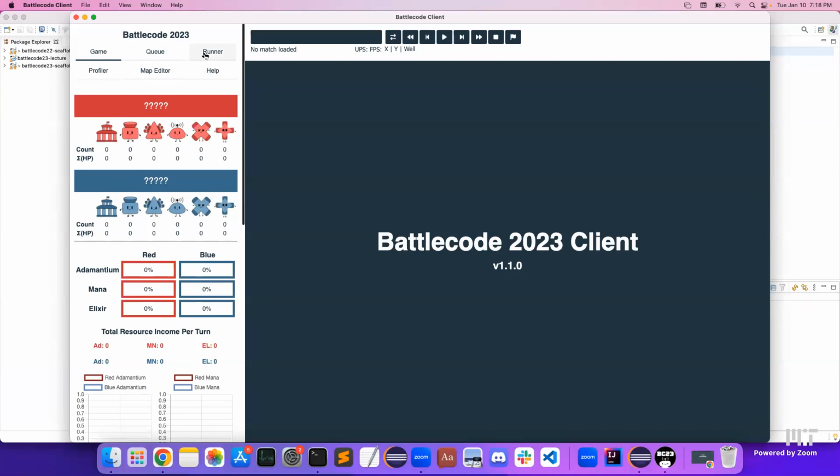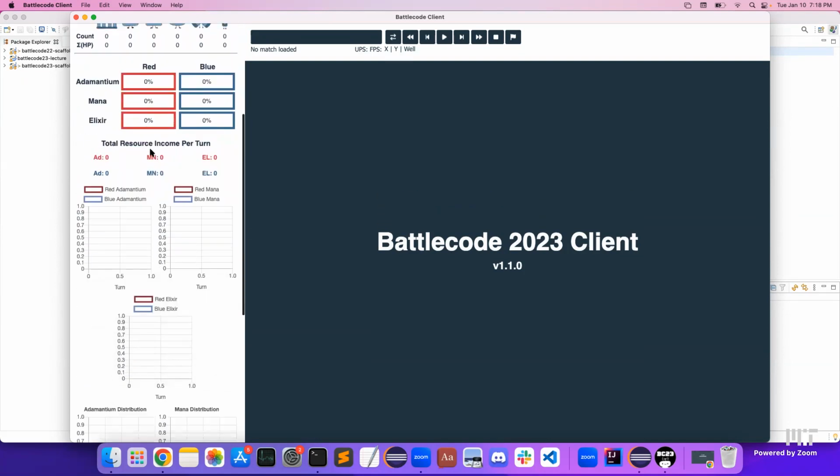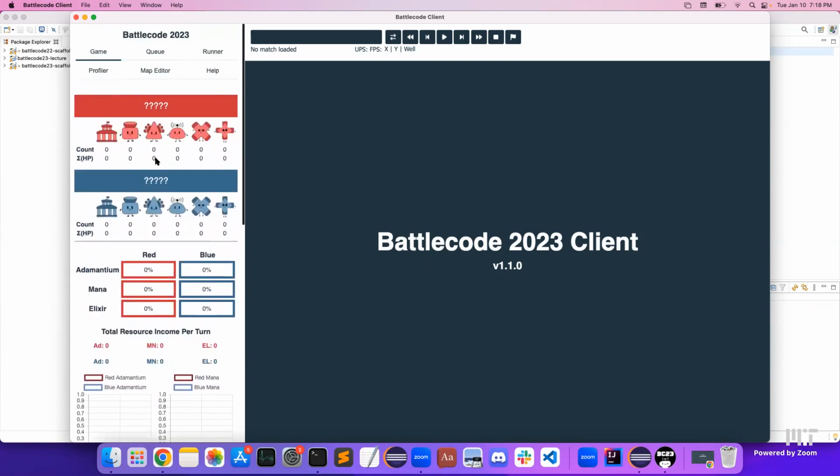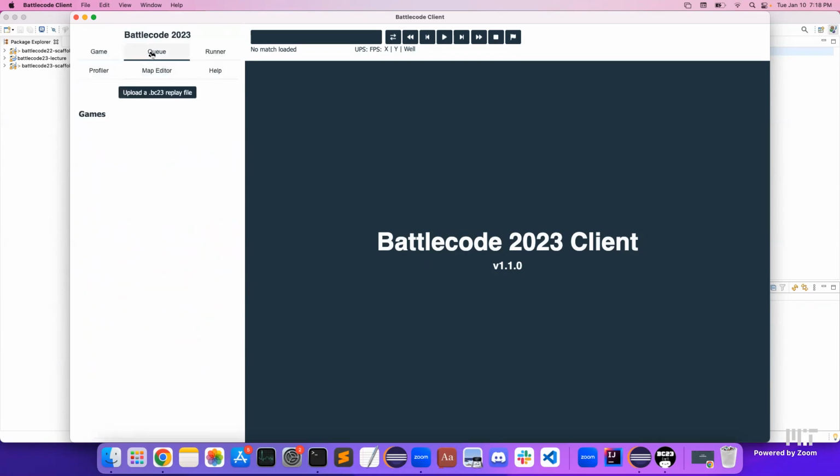Now, how do you actually use our client? Well, hopefully it's self-explanatory, but I have 6 tabs here. Game just contains a lot of stats, things that might be useful for you to look at while running a game. Queue is used to run a match replay. So the way it works when you actually run things is you'll run a match, which will generate a match replay file. Match replay file is just a bunch of raw text and numbers, very hard to read. When you upload it,